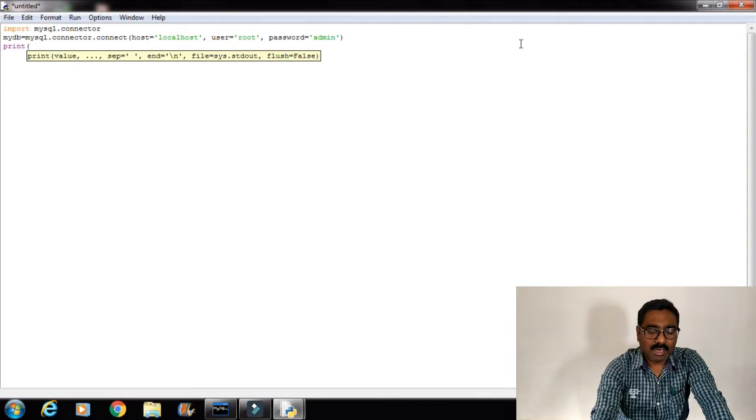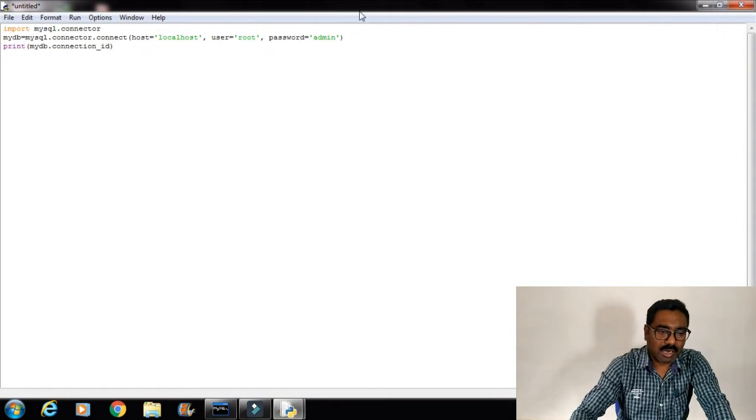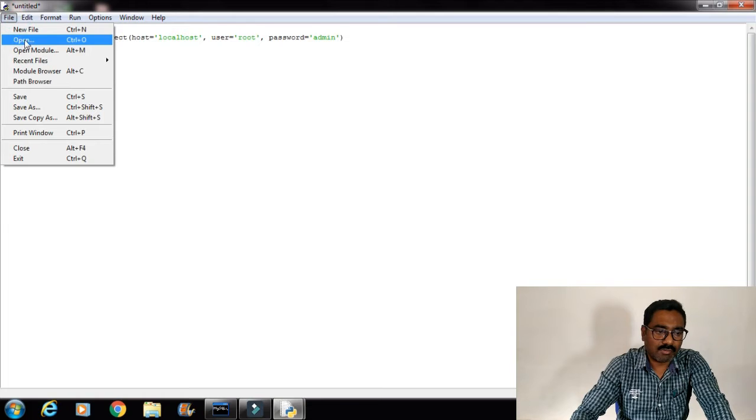So print, suppose I am writing mydb, which is your total connection, dot connection underscore ID. Close the bracket.